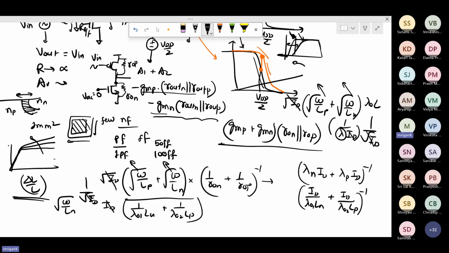There are alternate versions of this also. I have seen people controlling the current of this circuit as well. One way to make the current independent of this is to use a bias current. Along with this, if you put a bias current, that may be helpful for a differential circuit. For a single-ended circuit, putting a bias current is not going to be feasible, but in a differential version of this, you can put a bias. That part we can probably discuss next time.